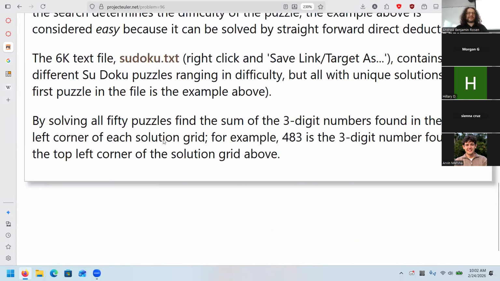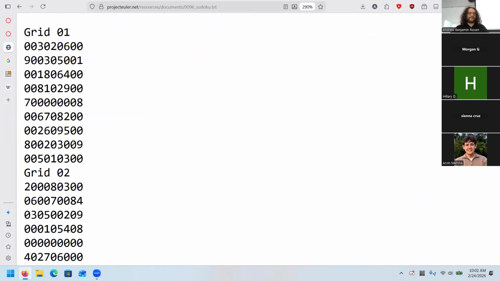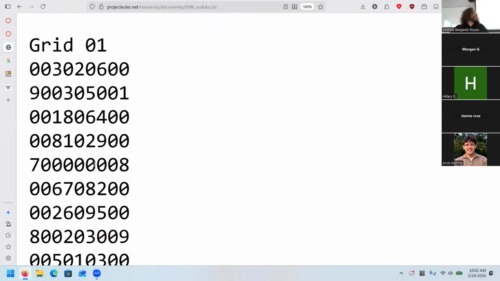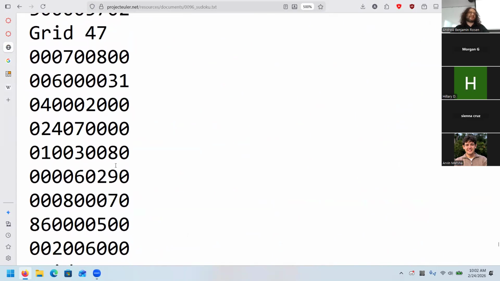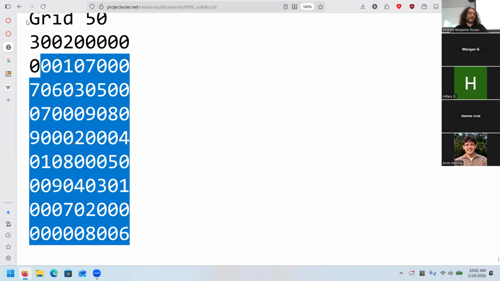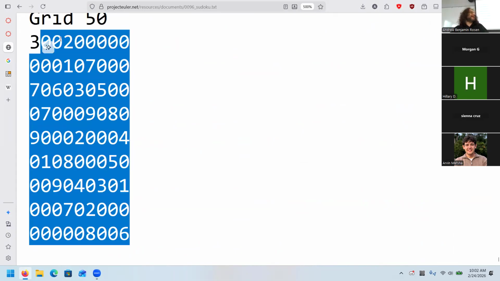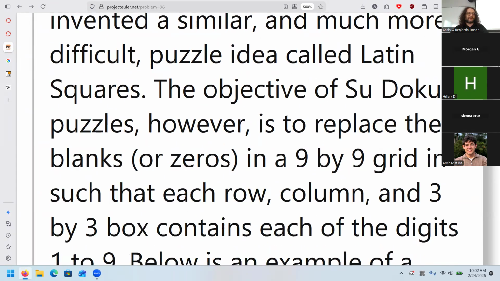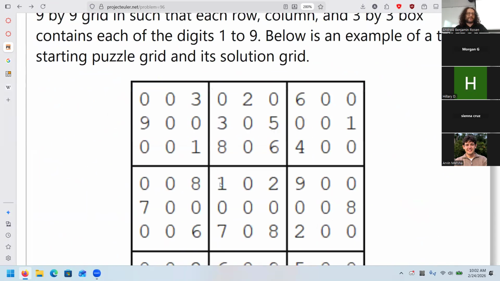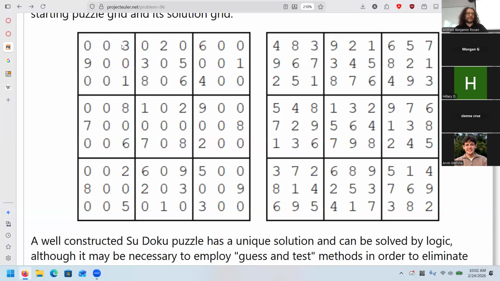This gives you a text file that you just have to read and basically solve 50 puzzles. You get your file reading working, convert their format into whatever your format is, and then prove you solve the 50 puzzles by adding up this number over here.